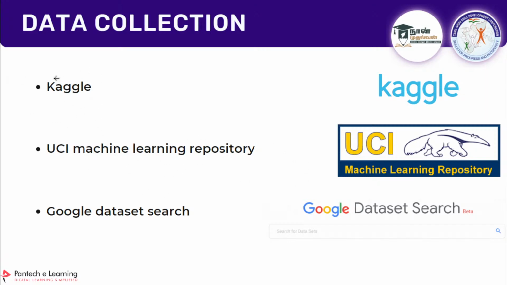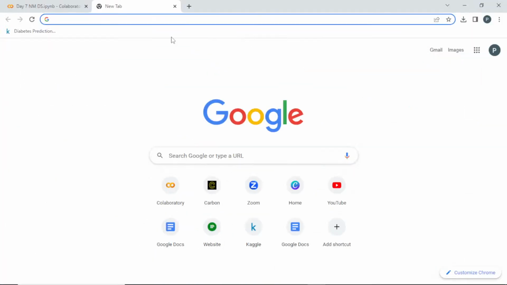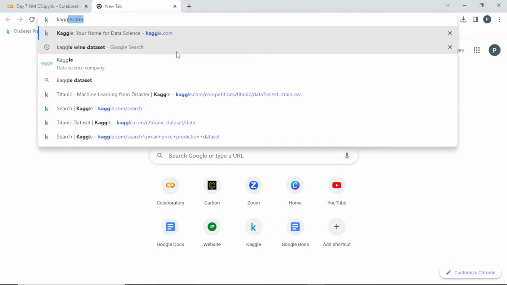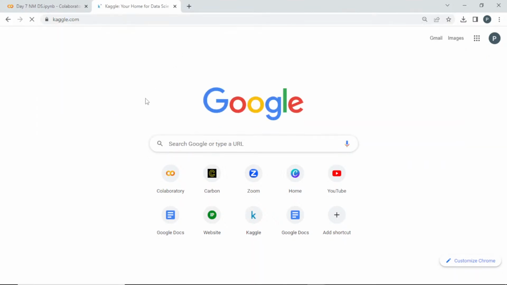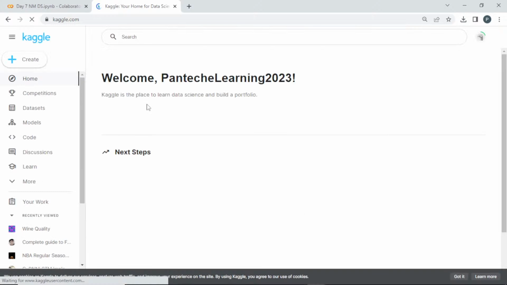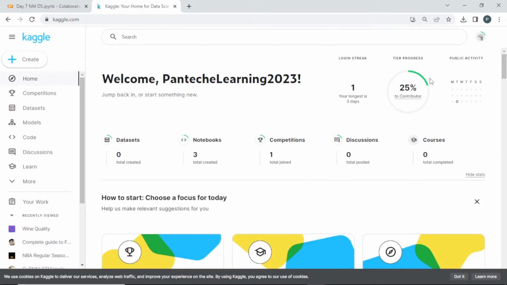For example, Kaggle. Kaggle is a website, a machine learning place where many data scientists and machine learning engineers are there. There are some competitions and datasets also, you can download or see them. First I'll go into Kaggle. Please note it down, kaggle.com. Here you want to create an account with your mail ID. Then only you can download